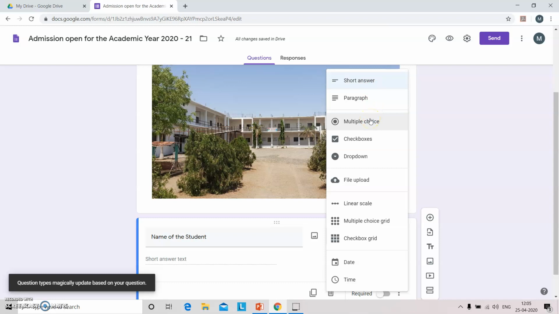If you have various options, you can choose the multiple choice option. If multiple responses are required from the user, you can give the checkbox. You can provide the drop down menu. Also, if you want to upload the admission form of your school or college, you can upload from this.